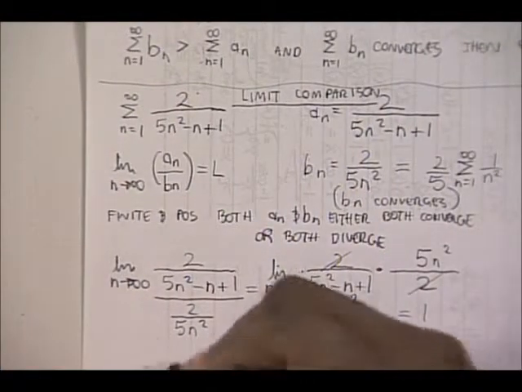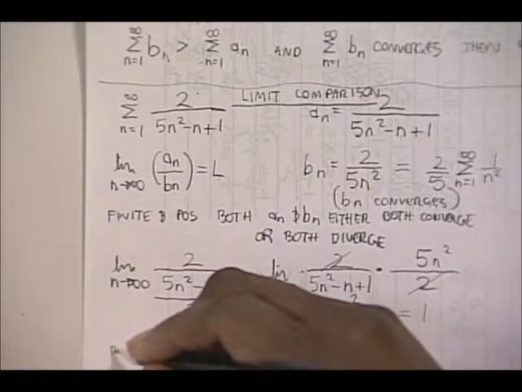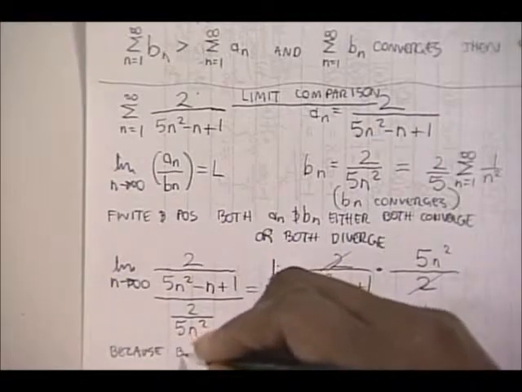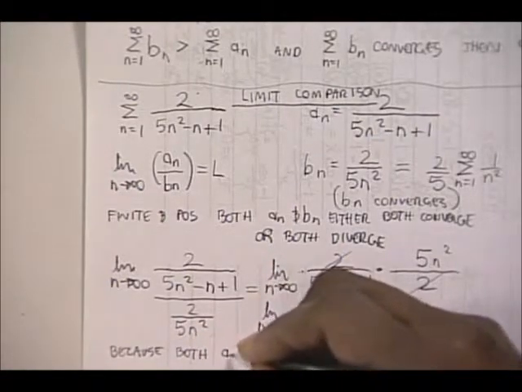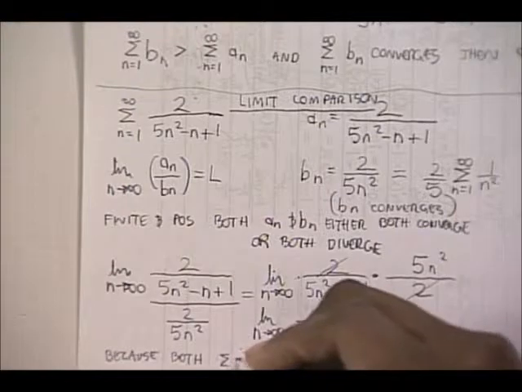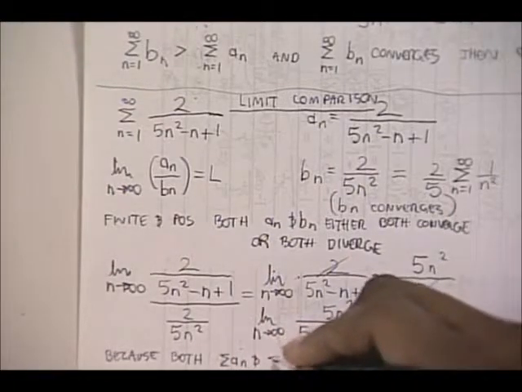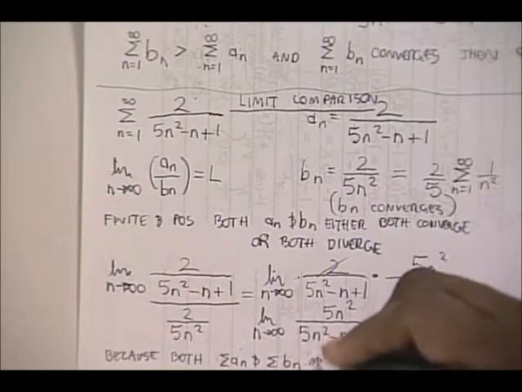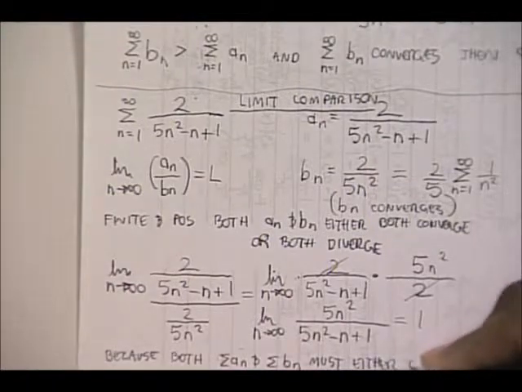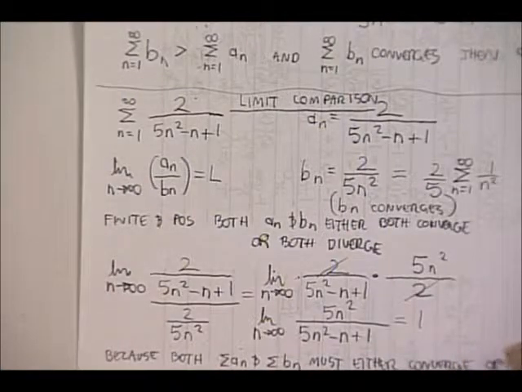So the way I'd write that is I'd say something to the effect of: because both a sub n and b sub n must either converge or diverge,